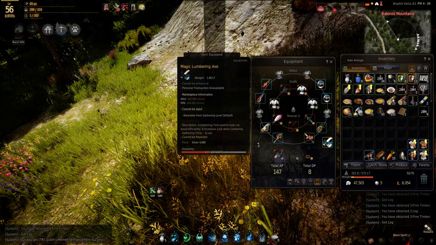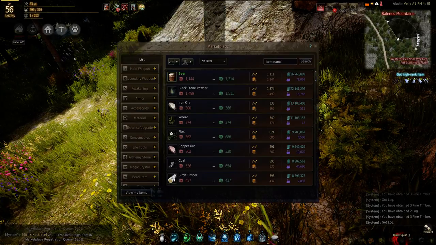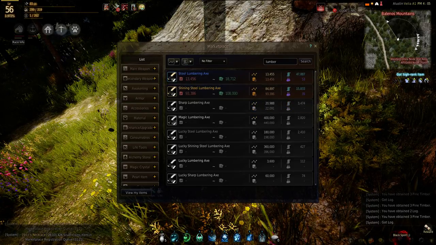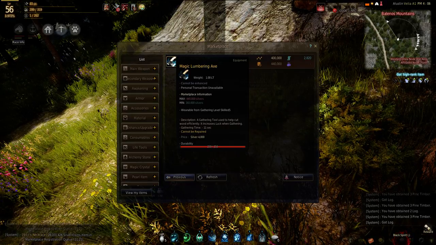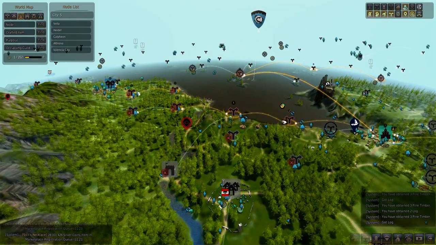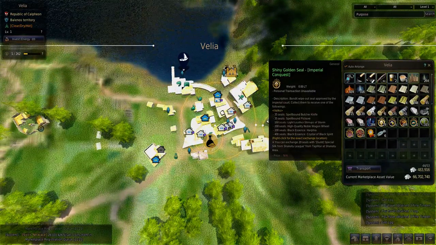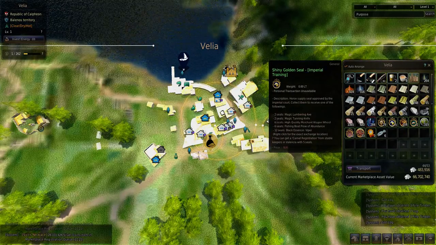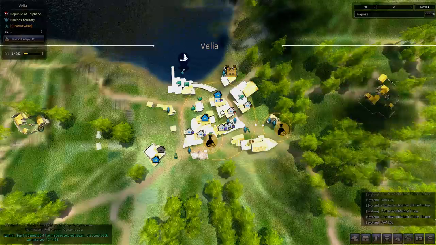How do you get the magic axe? Well, you can get it from the marketplace, although it's not up there very often, so it's just magic lumber axe. It costs you about 400k, and it's rarely up. The other way you can get it is by doing some Imperial seals. So unfortunately for the magic axe, it is the shiny golden seal Imperial training. So 2 of these seals will get you 1 magic lumbering axe, but the way you get these seals is by